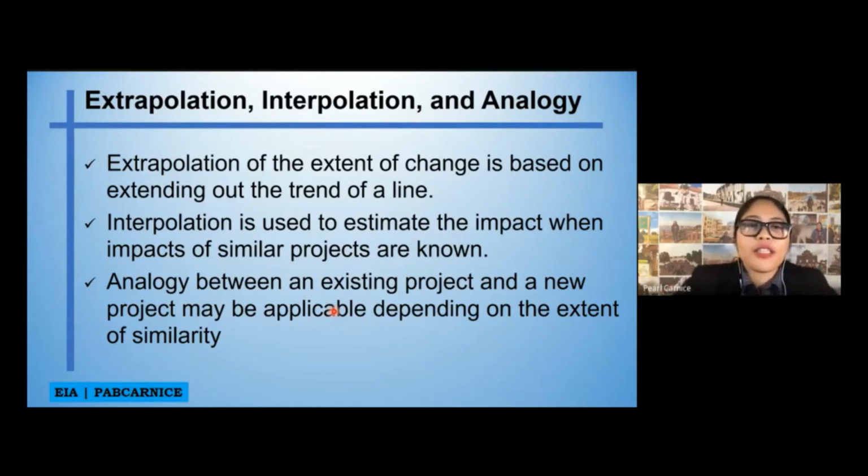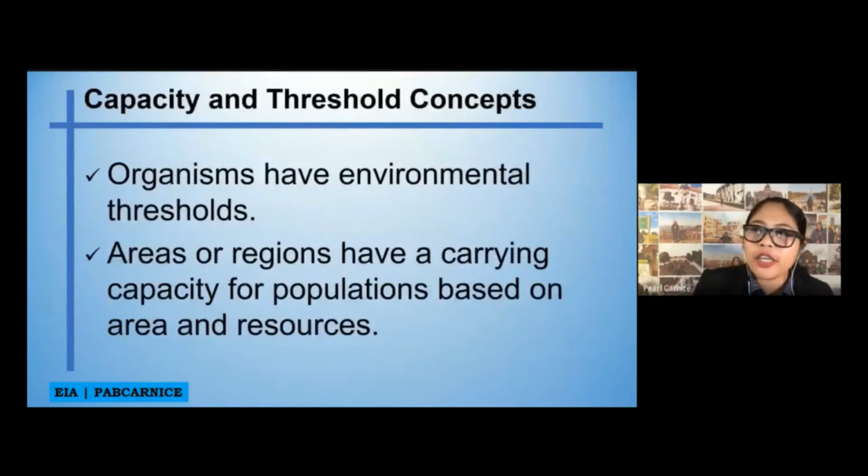If there is an already built project and you are going to make a new project, but these two are very similar, then you can make an analogy study of it, or an analogy as to what will be the possible adverse impact of your study based on the existing project. When we say capacity and threshold concepts, this is actually more about the organisms, flora and fauna,